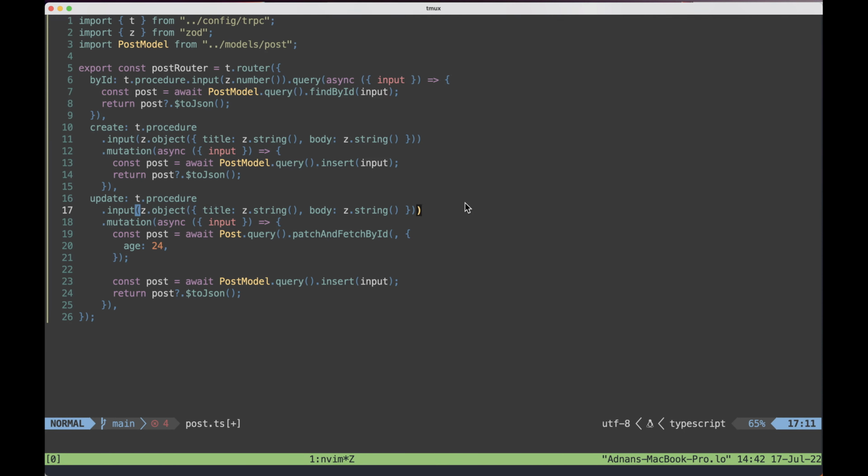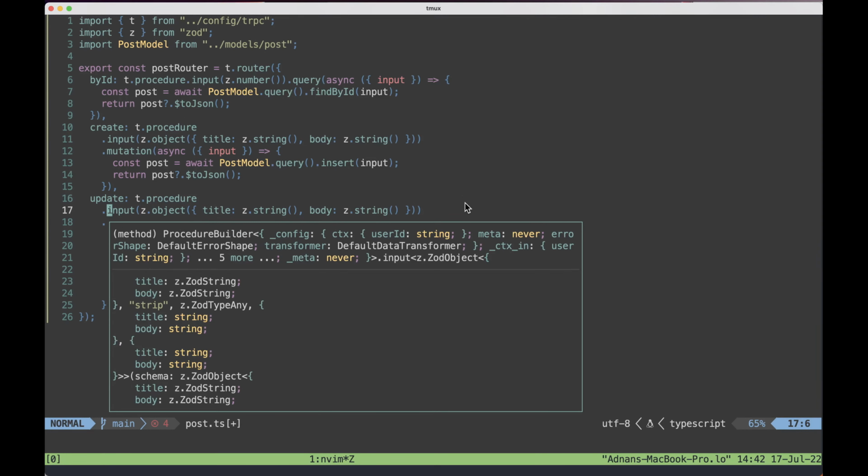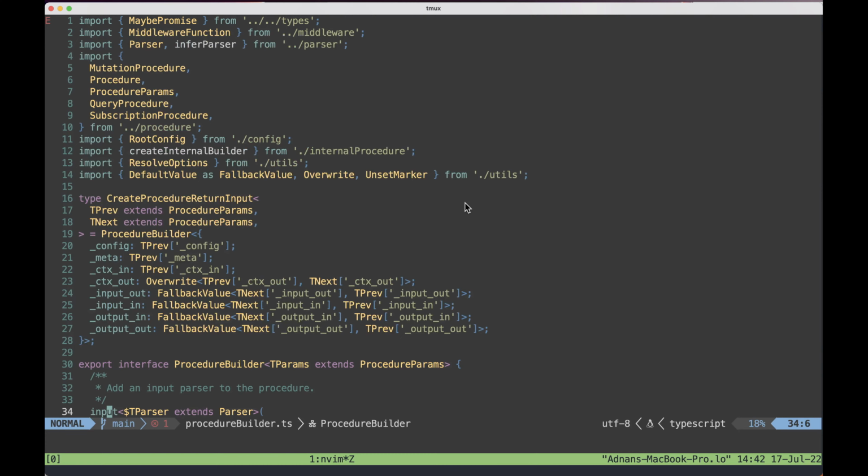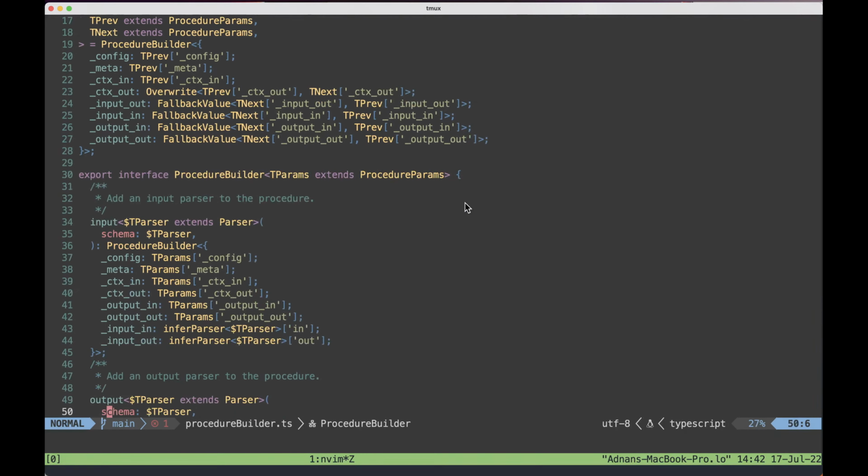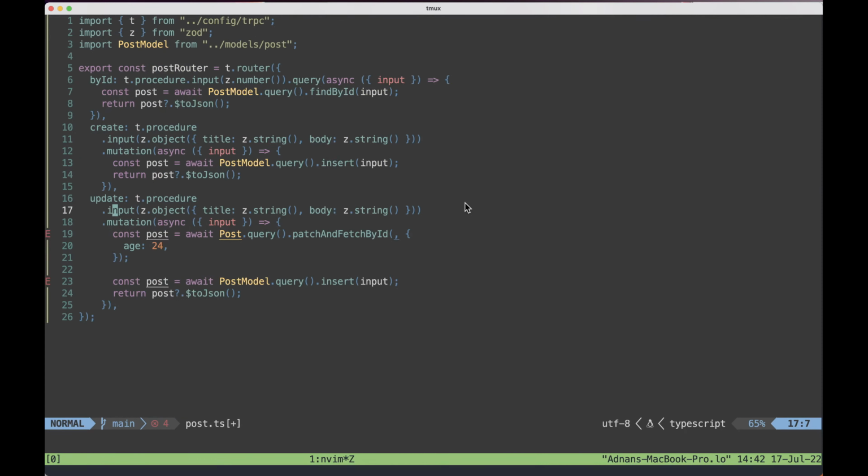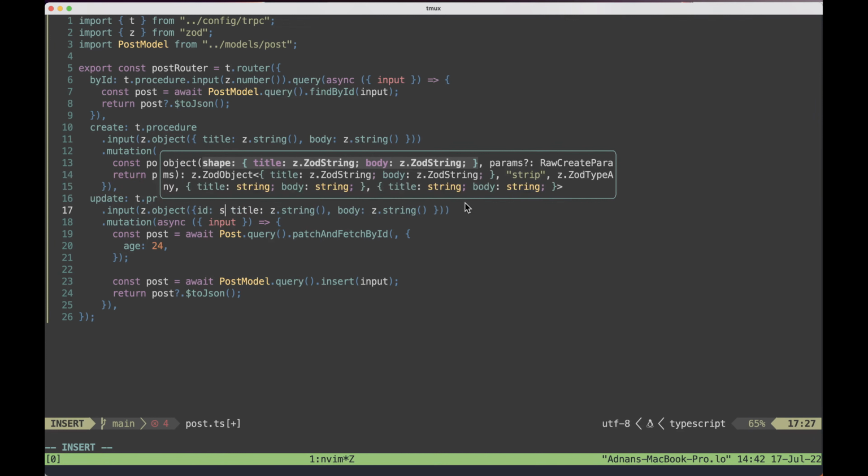I wonder what goes in here exactly. It's a bit hard to understand. Definitely not going to understand this. Okay, that's fine. I'm wondering for an update whether,